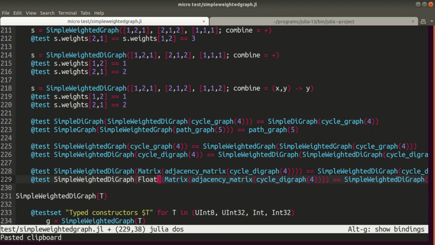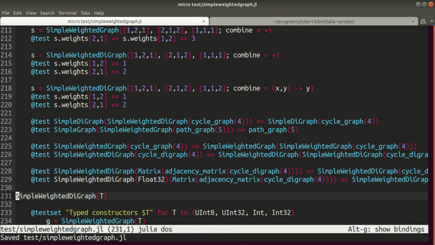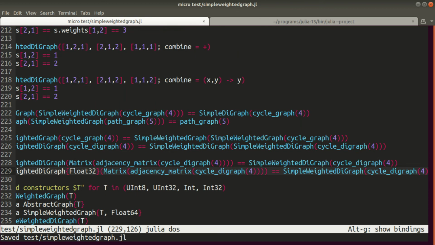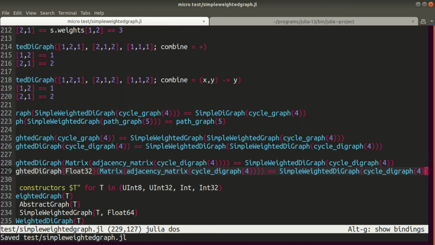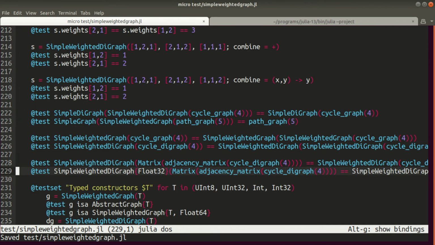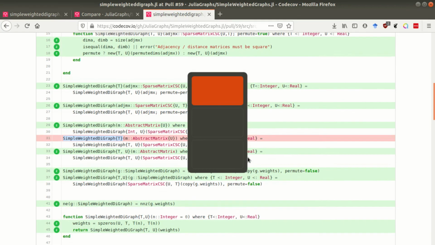Oh yeah, let's do a Float32 to change. So it takes a matrix which is not a sparse one, and this should be equivalent to simple, like this, with Float32. Okay, so these two should be equivalent. That will be the first thing,